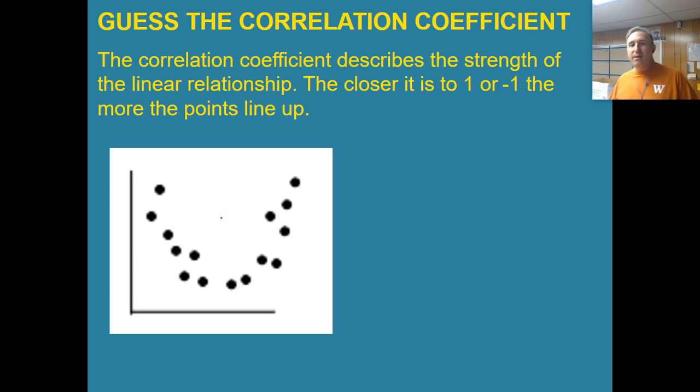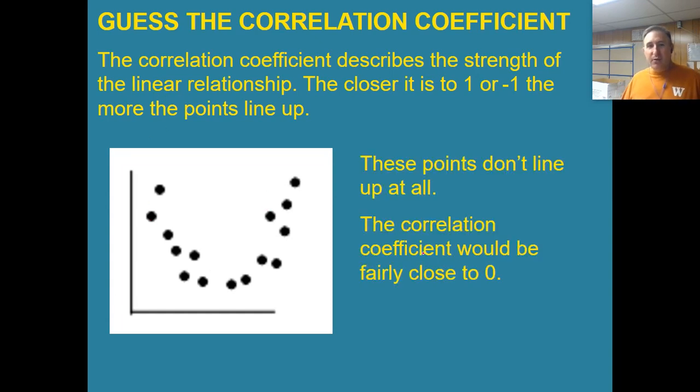And then we have this U-shaped graph. If we had something like this, a linear model is not going to fit this at all, okay? So we're talking about a linear relationship. And if we don't see a linear relationship, then we're going to say 0 anyway, okay? If we really had to do something with this, we could make it into a piecewise function and talk about up to this x, it's negative, and up to this x. But in general, as a whole, for AP statistics, we would see something like this and say, nope,